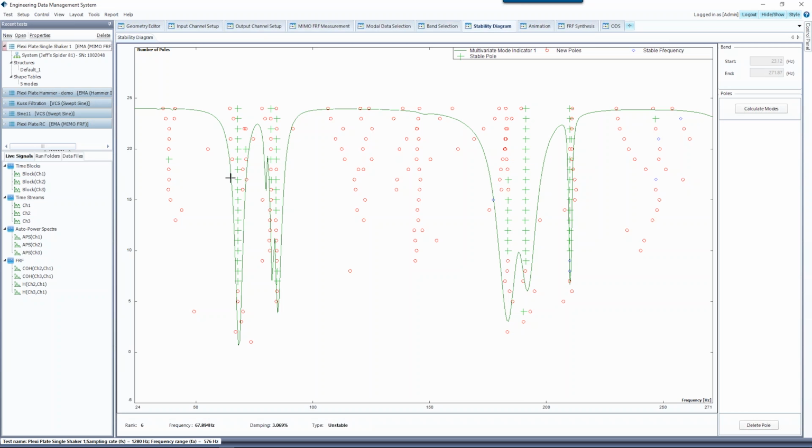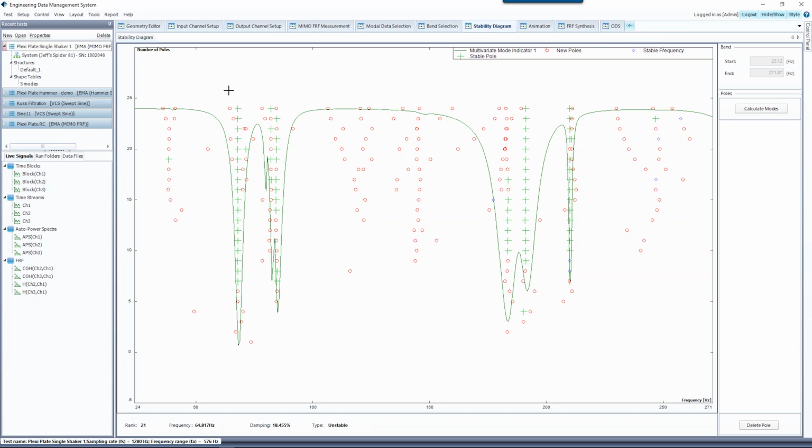This is a very popular and proven one, so we implement it for the single reference case. Let's select this band, and select how many modes we want to interpret this result. Say 24 for this case. I know we have about 5 modes, and we can say calculate